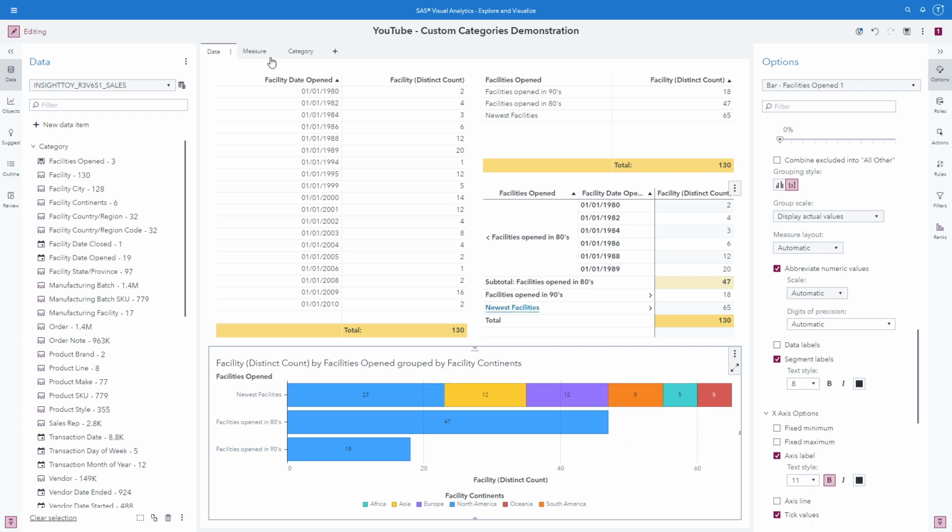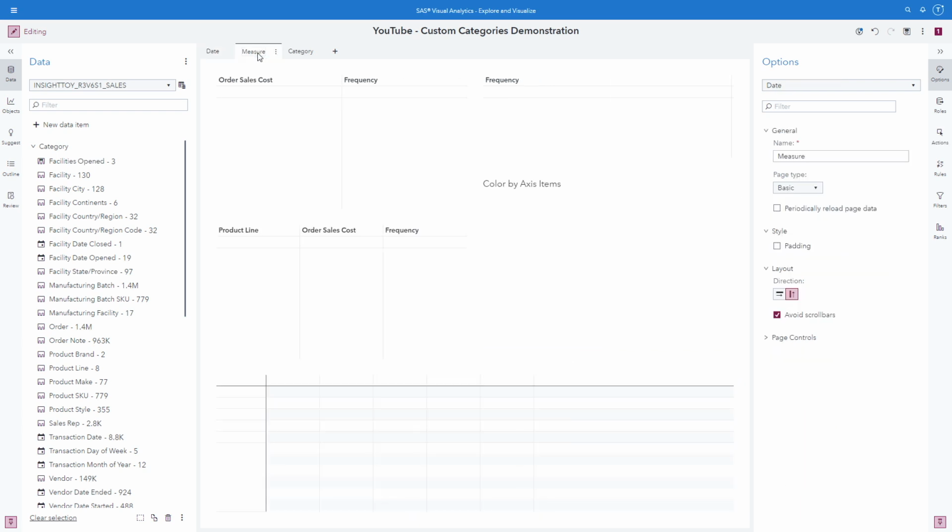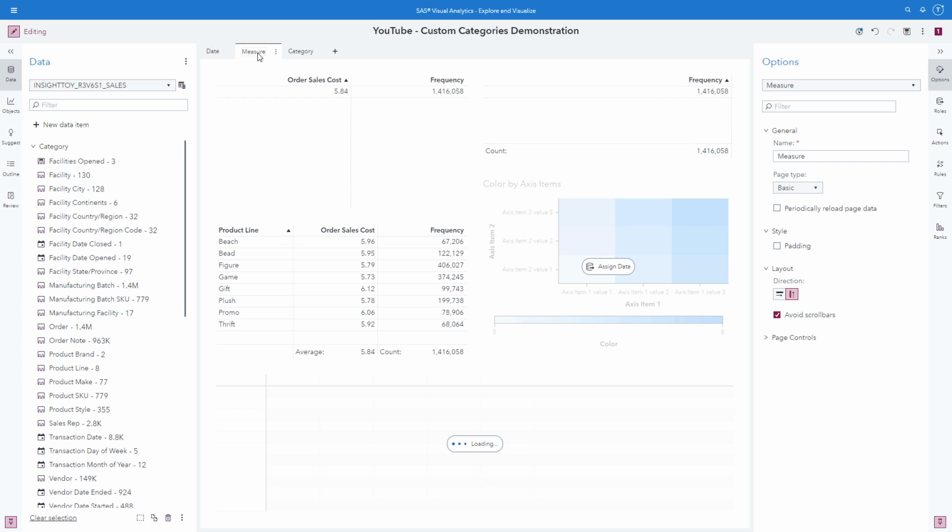For our second example, we will create a new custom category from a measure. We will have a slightly different user interface experience for new measure-based custom categories. Starting in LTS 2021.2 or later, you will be prompted with a new automatic Generate Groups window. Let's go ahead and take a look.